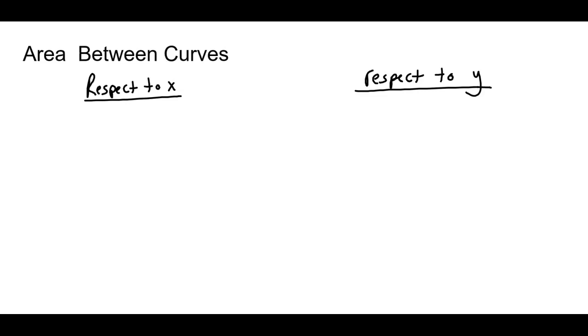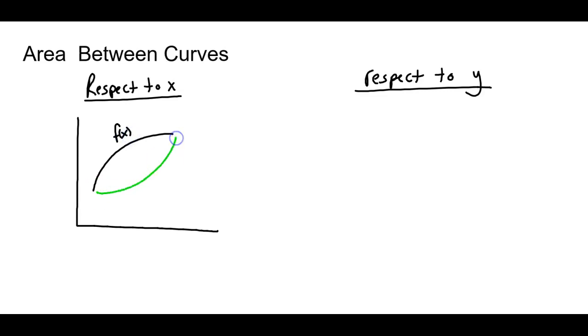Now when it comes to doing it with respect to x, you have your two functions. We'll say that this one here is f of x, and we'll say that this one here is g of x. Let's go ahead and we'll call this point here AB, and we'll call this point up here CD. Okay. So now, if you want to find the area between the curves, in other words, this shaded area right here,